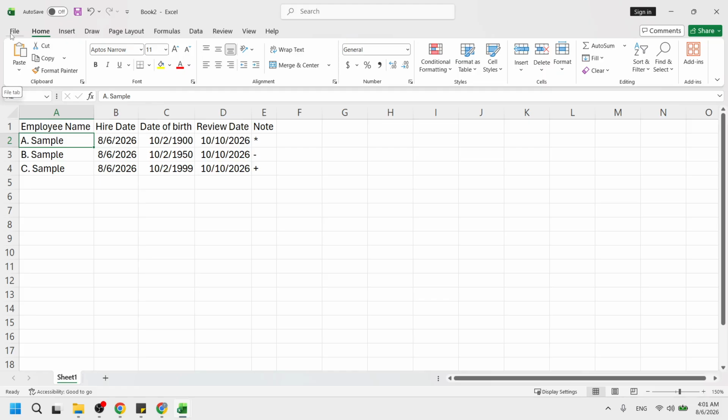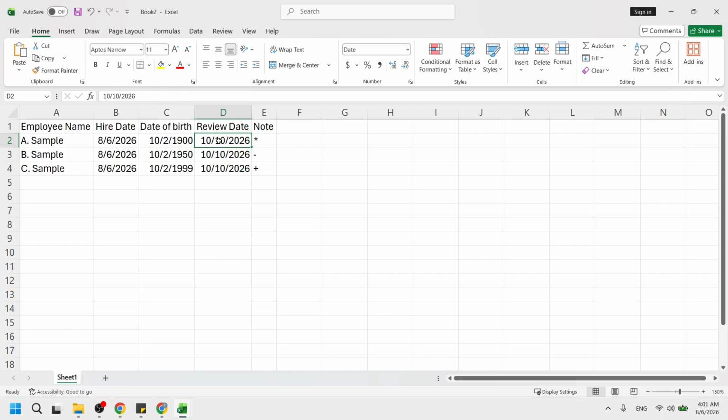Now click any cell inside your data table. Make sure you click a cell that is inside the block of data, not an empty cell off to the side. When your cursor is inside the table, Excel can detect the full range, which lets the filter feature apply to the entire list rather than to just one column on its own.